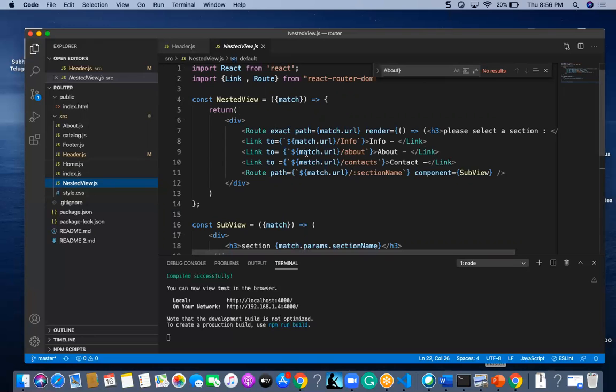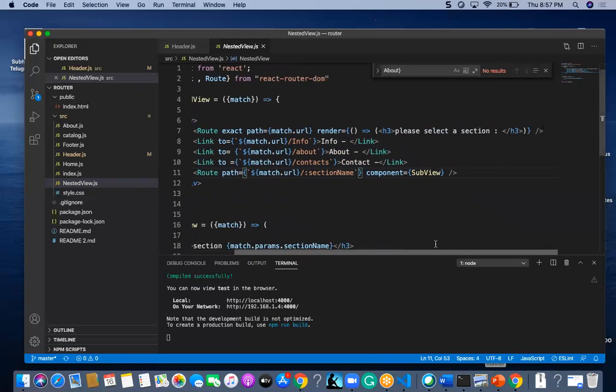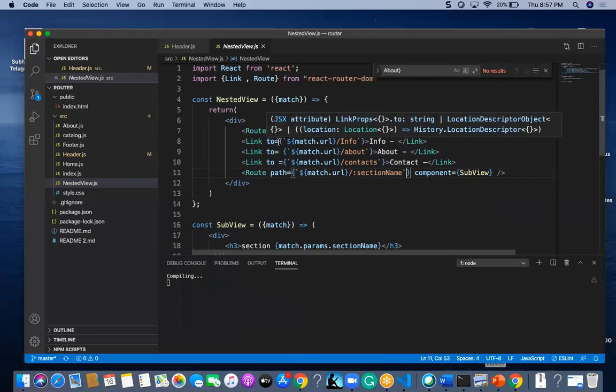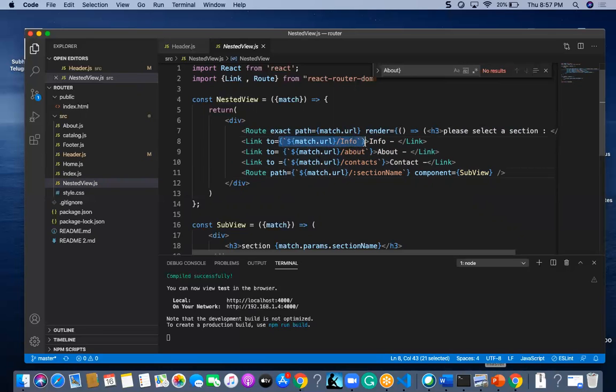Here I am going to display one more route, which has the link and also match URL info, match URL about, match URL contacts. Likewise, I have created them. Once I select a particular section or particular information, these are the subroutes I am going to mention.